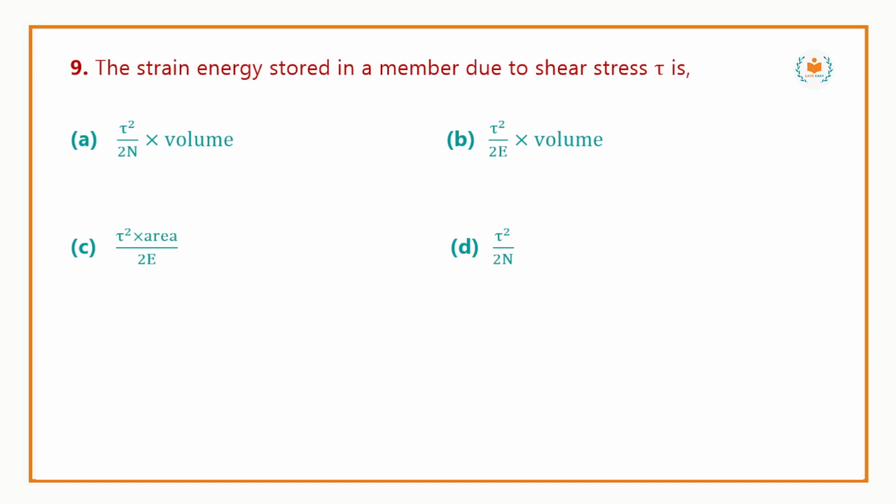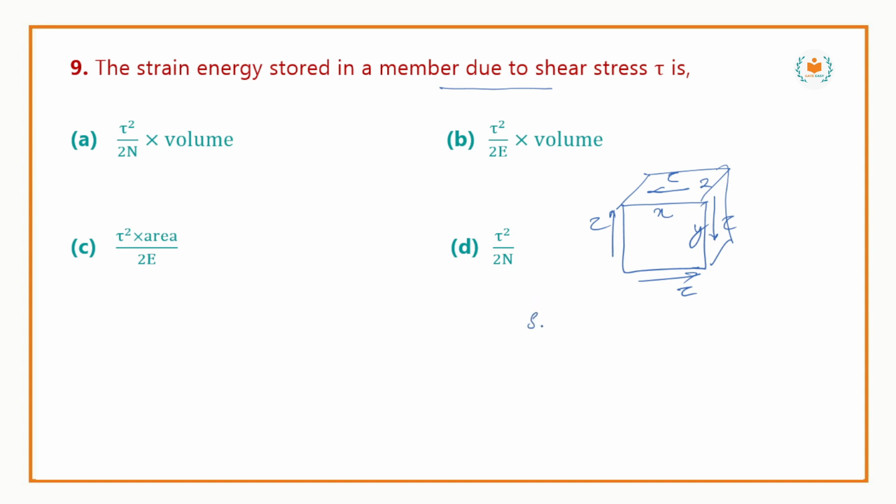Now, the next one is the strain energy stored in a member due to direct shear. So the body will be subjected to shear stress like this. If it is a three-dimensional body that we consider here, the shear stress will act like this. The other shear stress will be tau. So this will be the shear stress tau. If I take this as the x dimension, y dimension, and this as the z dimension, then for the shear stress here,